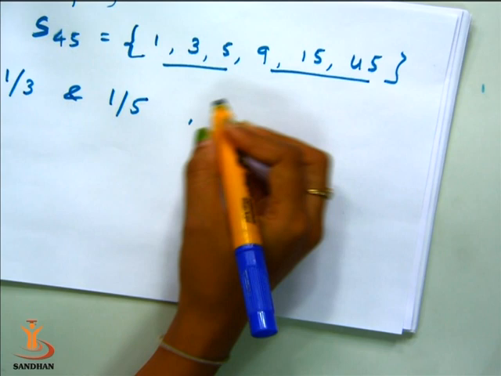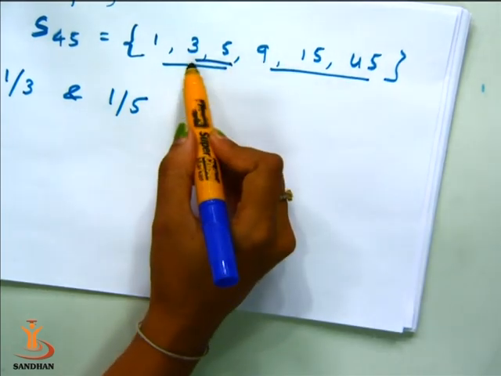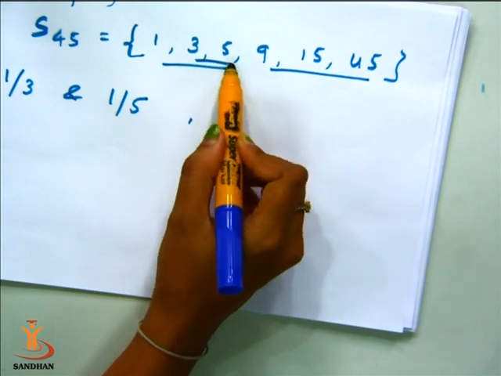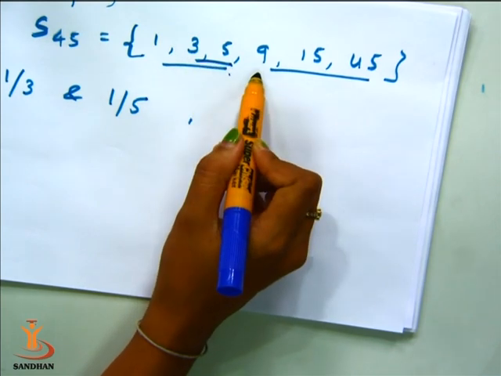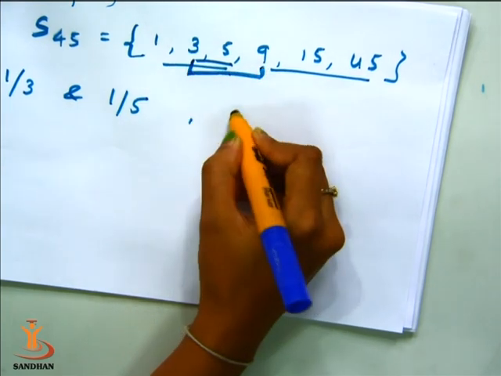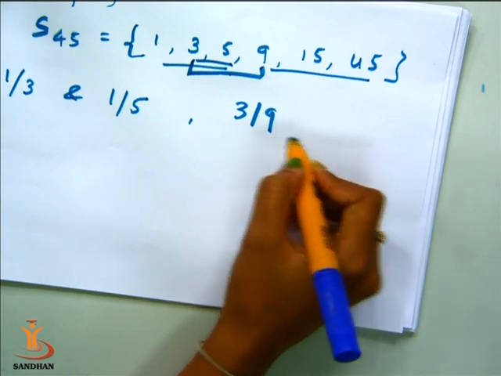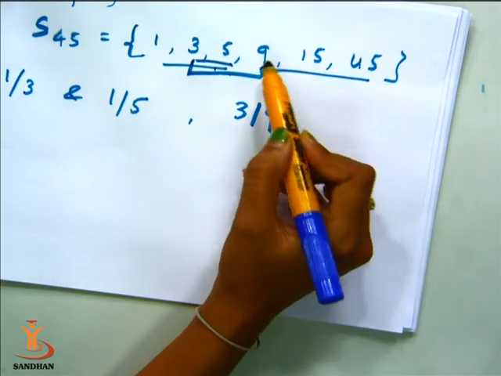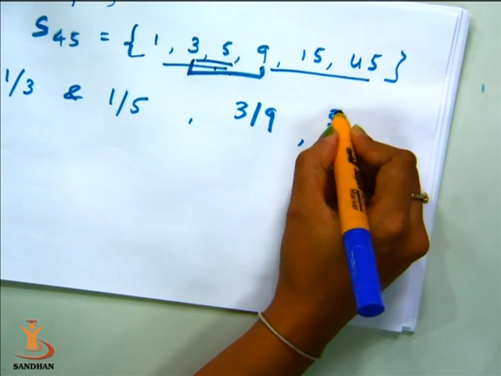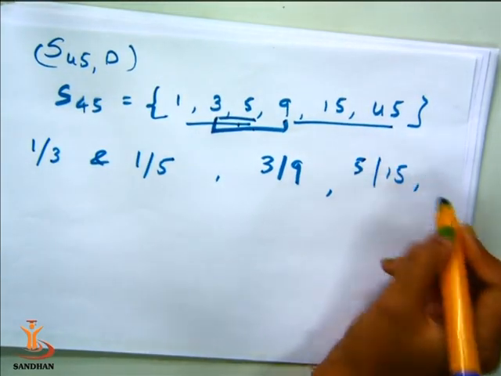Similarly, 1 divides all other elements, but we have covers, that is 3 and 5 between 1 and 9. Now we can see that 3 divides 9, so we can join 3 and 9 by a line. Also 5 divides 15, so we can join 5 and 15.